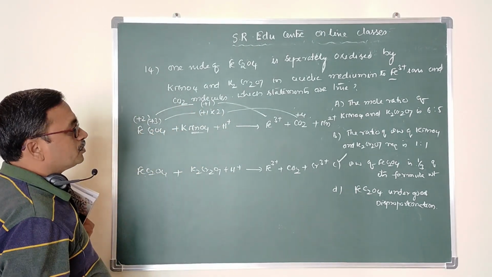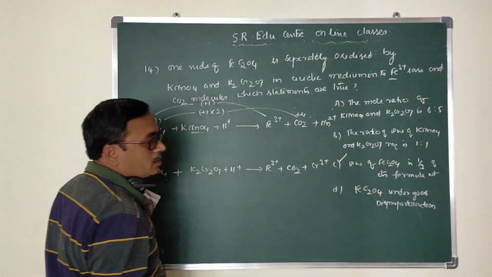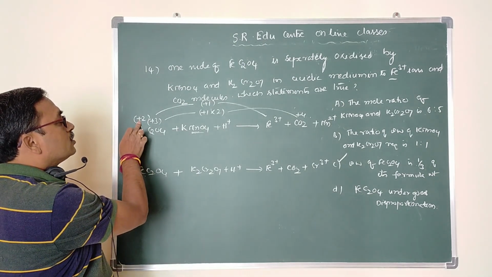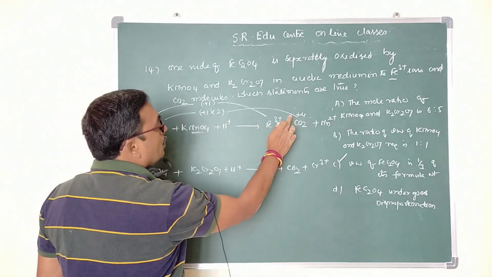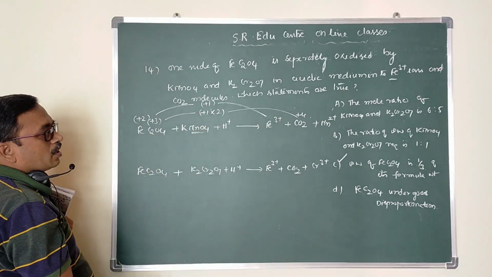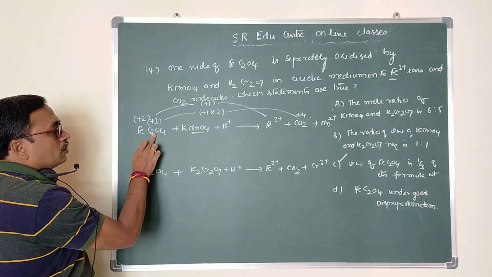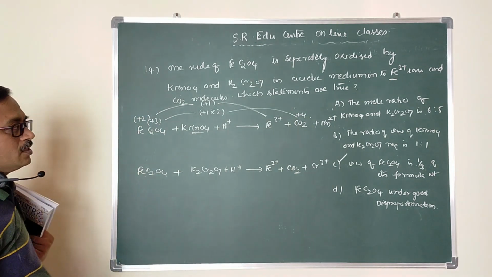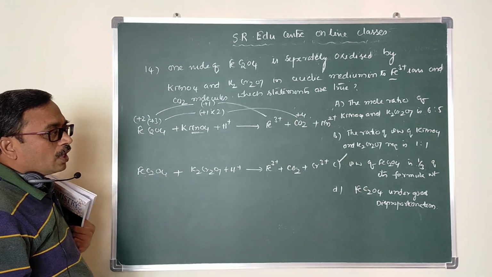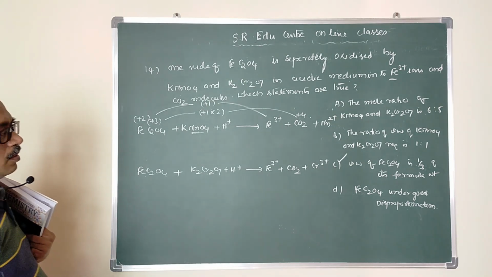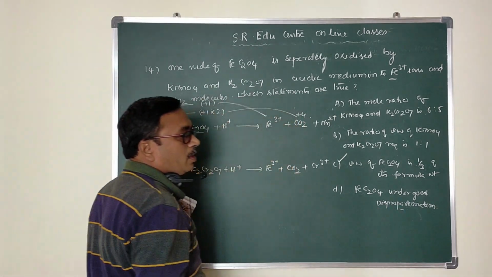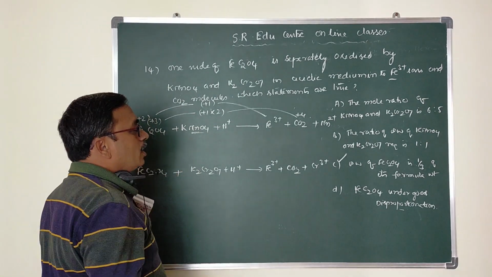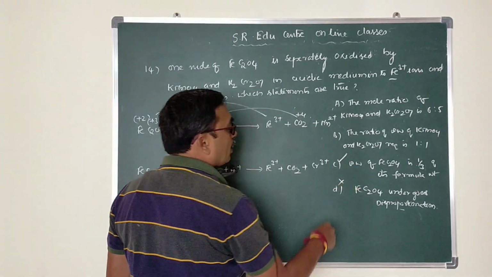And if you see option D, iron oxalate undergoes disproportionation, we have to check that option. Here iron oxidation state changes from +2 to +3. That means increase means oxidation. Oxalate also, its oxidation state changes from +3 to +4. That means it is also oxidized. That means in iron oxalate, both iron and carbon are oxidized. Disproportionation means one element should be oxidized and the other element should be reduced. But in iron oxalate, both are oxidized. Therefore, D option is incorrect.